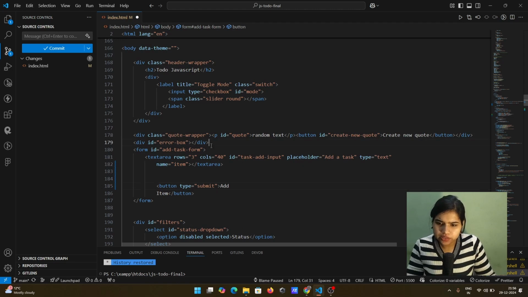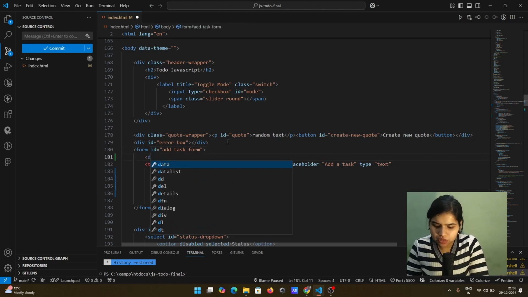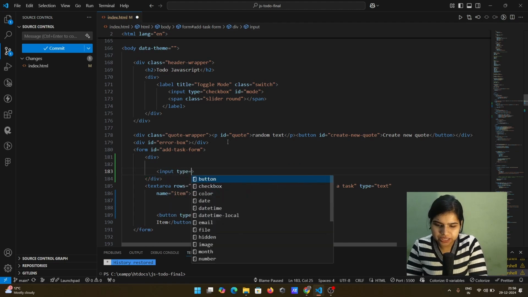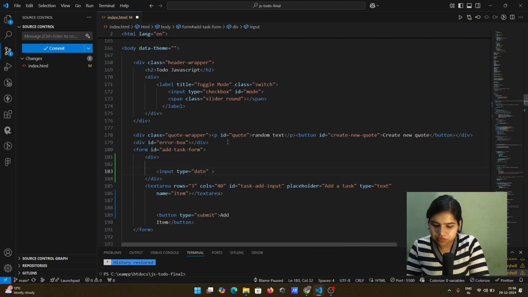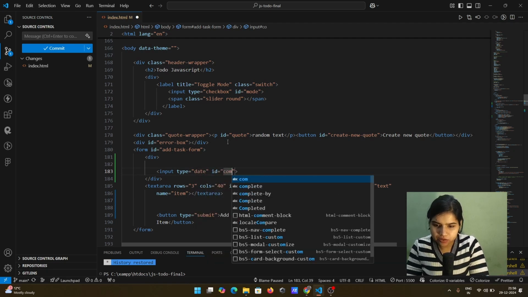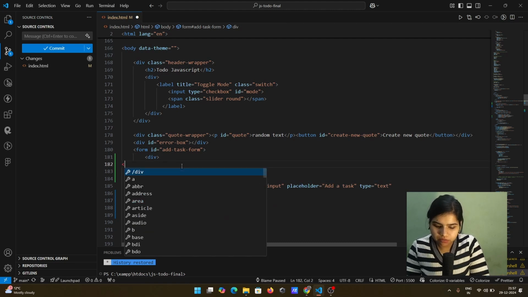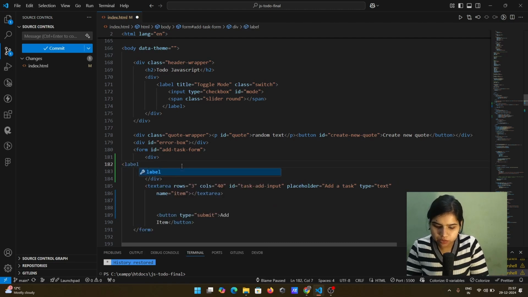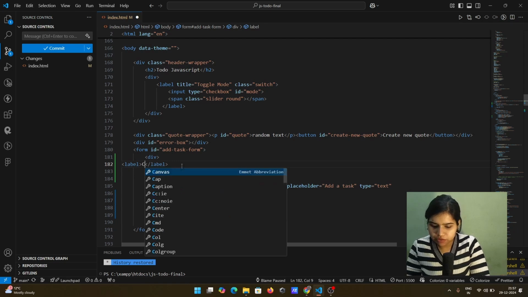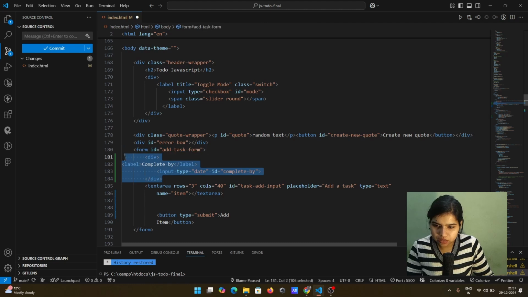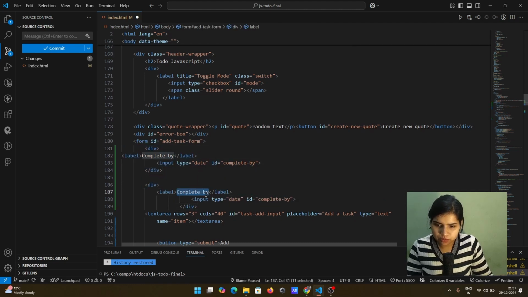What I'm going to do is, inside that add task form, I will create some divs, and inside this div I'll add an input, and its type will be date, and its ID will be complete by. And as I am adding the field, I will add the label also, and the label will be complete by. Then I'll copy this and add the priority div also. So this will be priority,